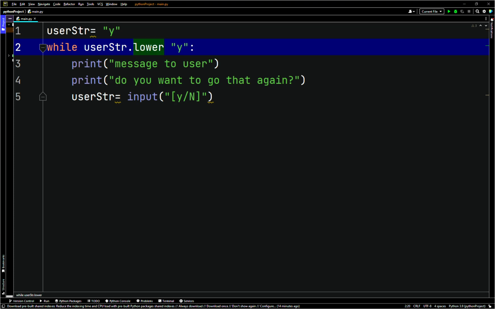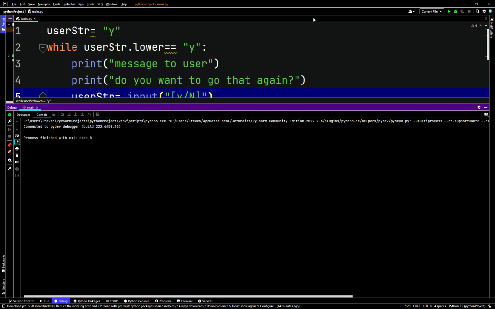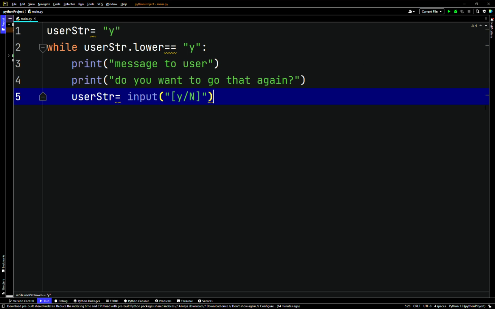Is that what we had initially? While user str dot lower is equal to lowercase y. So that makes sure every time the user enters the user str choice, whatever the user enters, it's going to make sure that it's